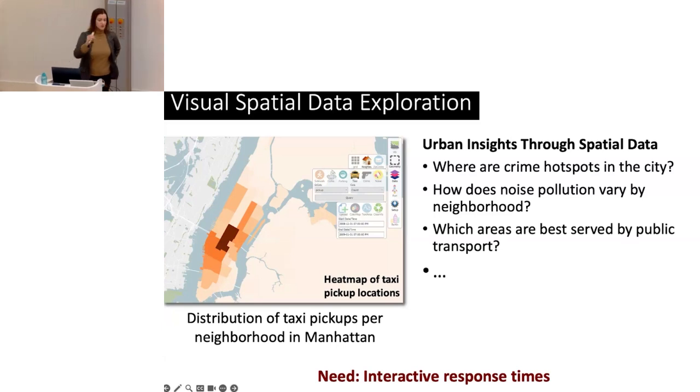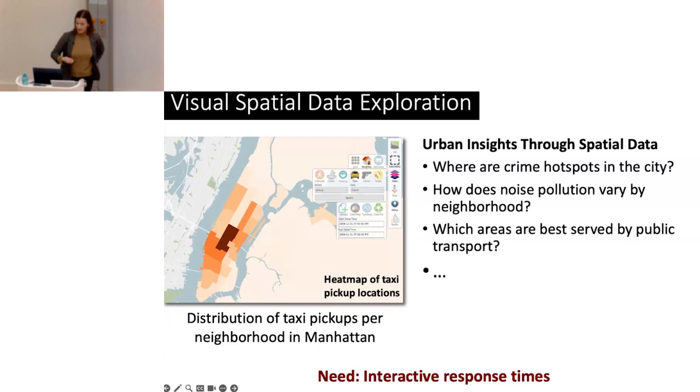So, for example, after looking at the distribution of taxi pickup locations over the different neighborhoods, maybe they want to zoom in and look at the distribution over different zip code areas, or they want to change the period of time that they want to analyze and stuff like that. So once they change a parameter of the query, that practically means there's a new query we need to evaluate, and we need to evaluate these queries fast so that this visual exploration is not disrupted. So overall, queries are generated at high rates in visual tools, and we need to evaluate them on the fly